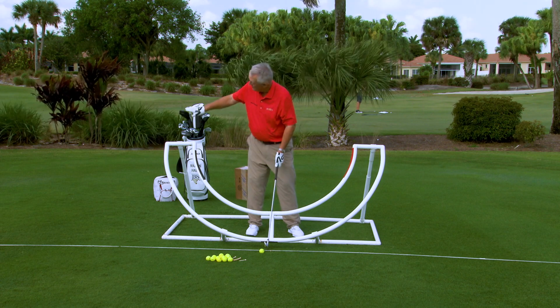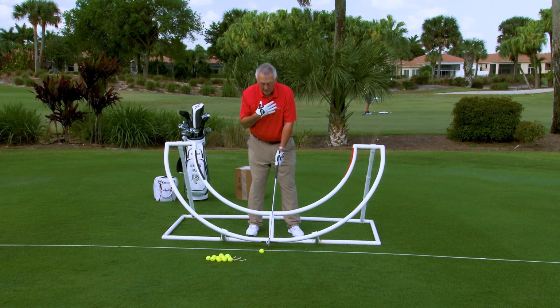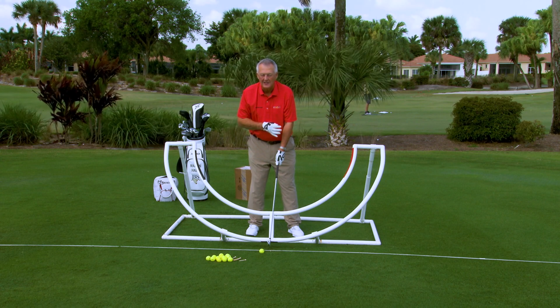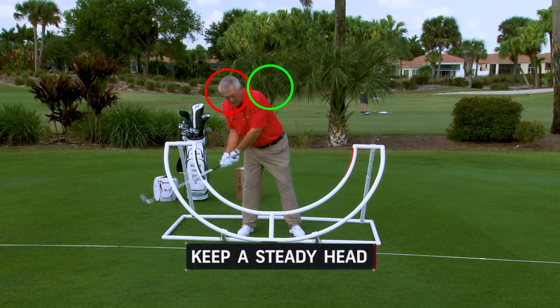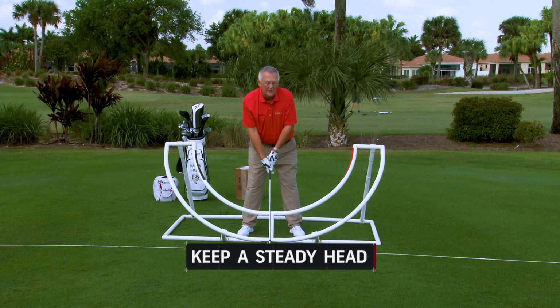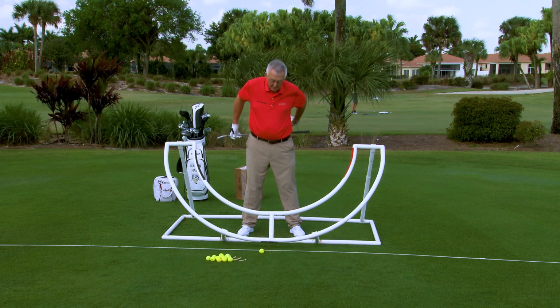Now, if the head moves on that arc, it is very important that you have, I would call it, a center point in the swing. We may as well call it the head for simplicity. You need your head to stay pretty still when you play golf. If you move your head over here a lot, it's very difficult for the club to move on the proper arc. So the best drill I've got for keeping the head pretty still: take a club,